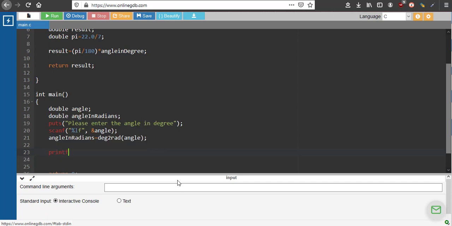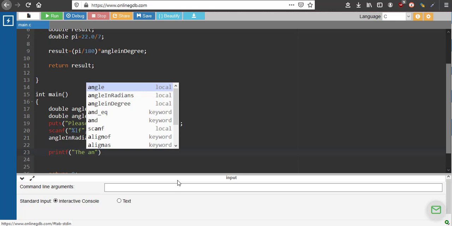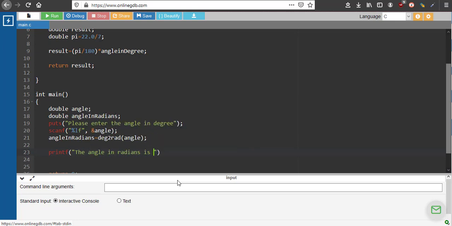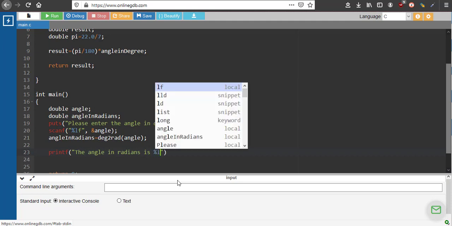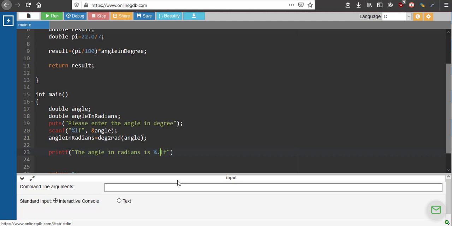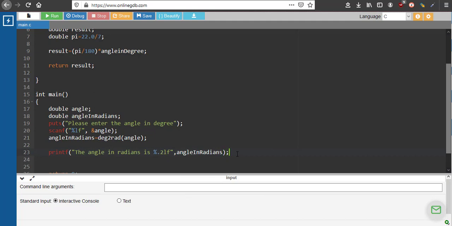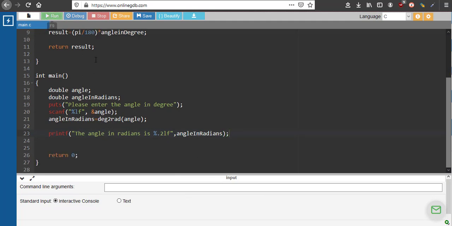Printf, the angle in radians is percentage LF. Now we will trim to 2 decimal places, so I can use dot 2 LF, comma, angle in radians. So this should work fine. We'll run this. I hope there are no errors.